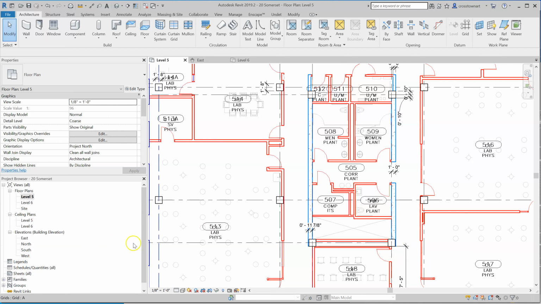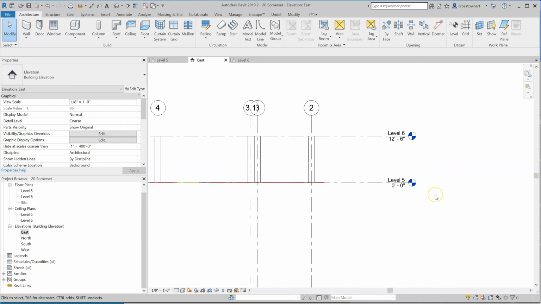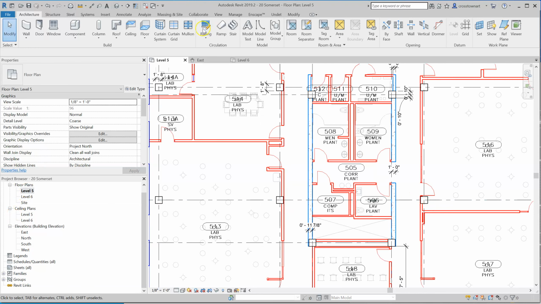Now I've set the building level to level 5 and 6. I just renamed them. If you look at the building elevation, we do have a floor-to-floor height of 12.5 feet. Let's go back to level 5 floor plan. And let us now